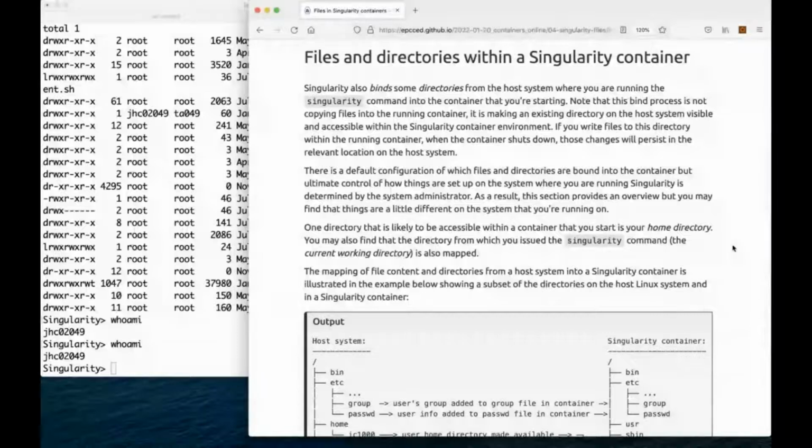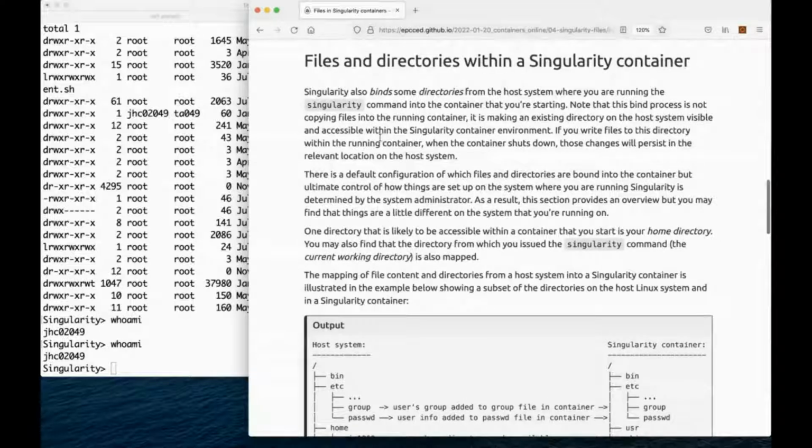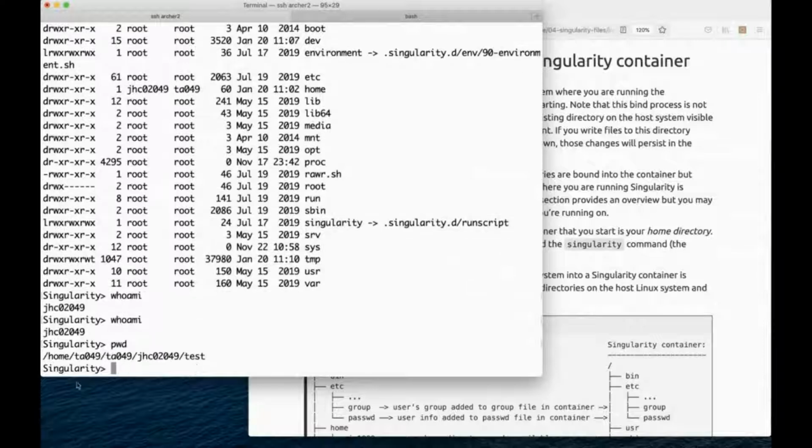And then when the container is run, we have our own user permissions. But there's some more general things that happen. So Singularity is also binding some directories from the host system where you're running the Singularity command into the container that you're starting. So we can also see that we appear to be in our home directory. So if I do a pwd, I can see that that directory that I've highlighted there is my home directory